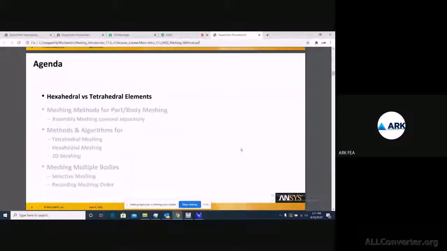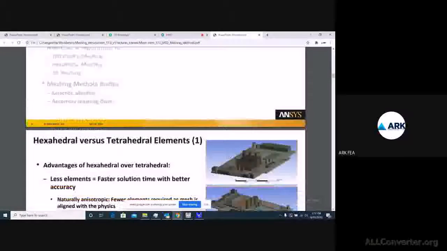So the first part is, as we said, that we have the tetrahedral method and the hexahedral method. What exactly that means, in terms of what kind of elements are being used, hexahedral or tetrahedral, we are going to see, right?